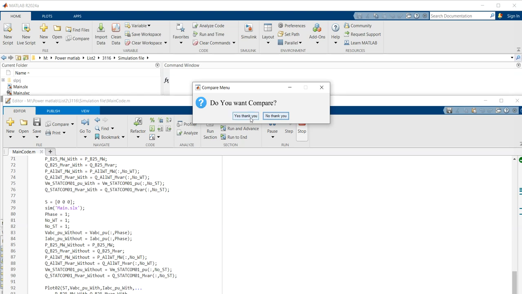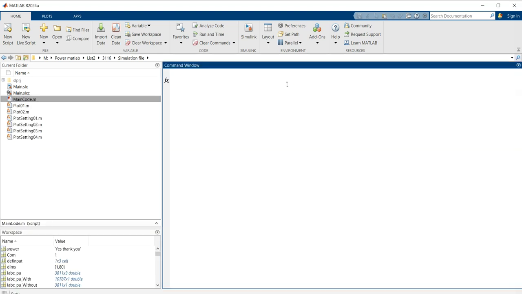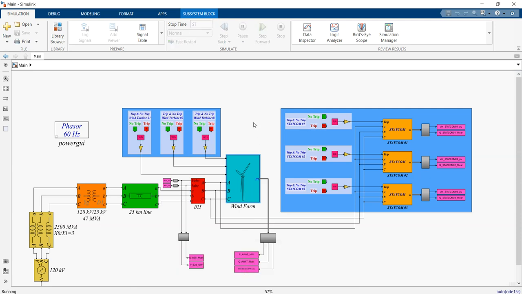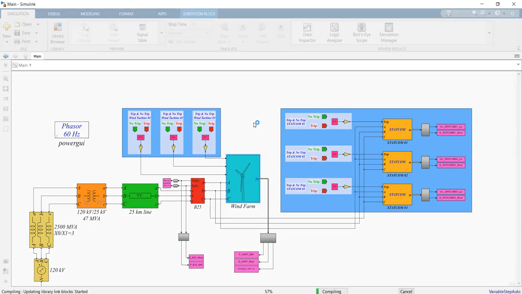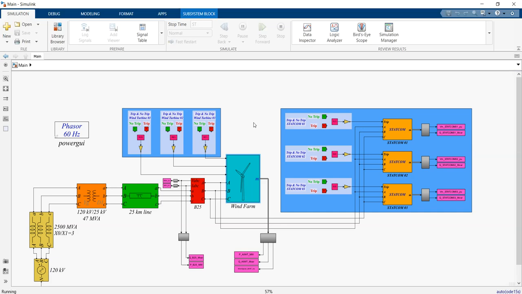Press yes, and just wait for the simulation to finish and get the result. If you wait for several minutes, you can see the result of this case